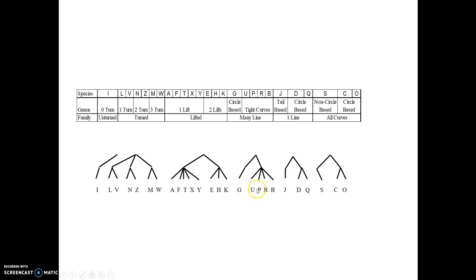These all have many lines? We're going to skip over that. All curves. S and C and O are all curves. This many line, one line thing. I'm breaking it down into